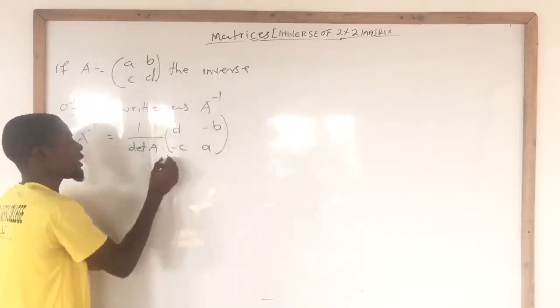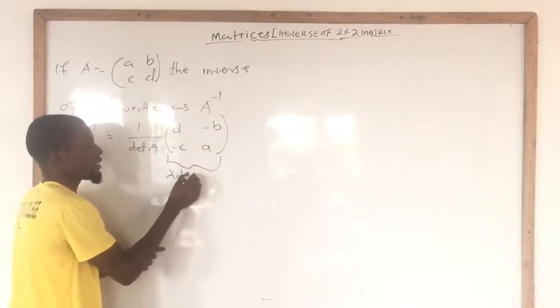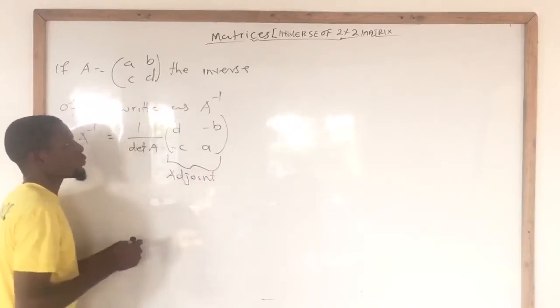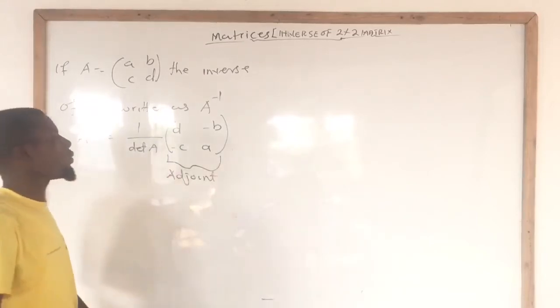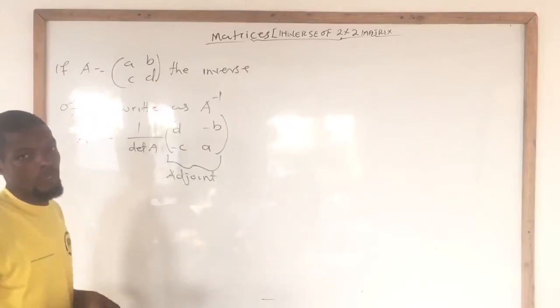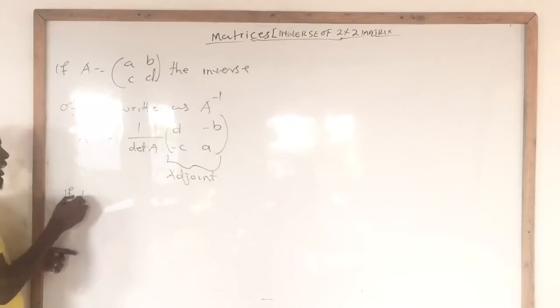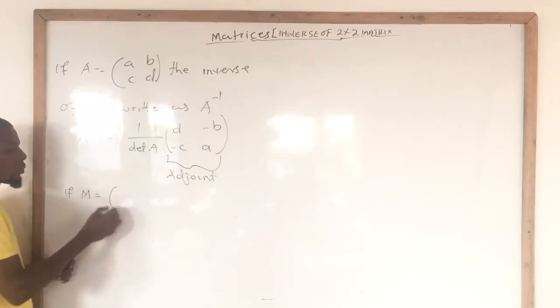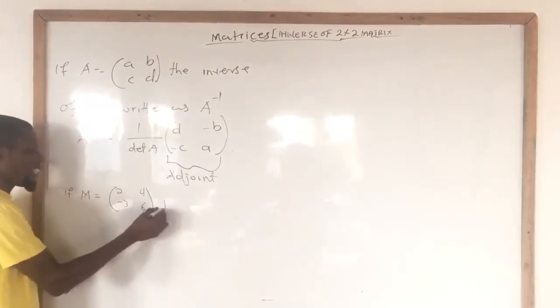Now this particular portion, we call it the adjoint of the matrix. So the inverse of a particular matrix is given by 1 over the determinant of that matrix times the adjoint of that matrix. Now a typical example, if I have the matrix M equals 2, 4, minus 3, 6,